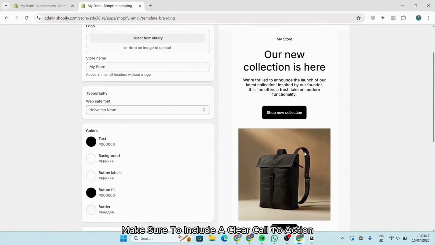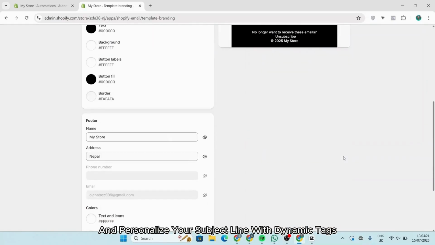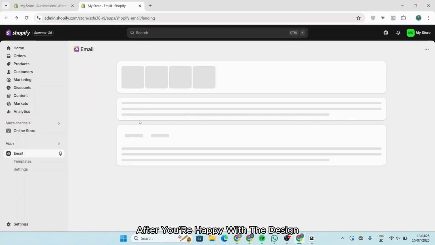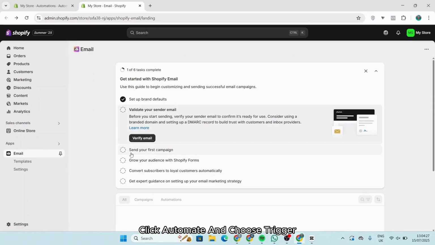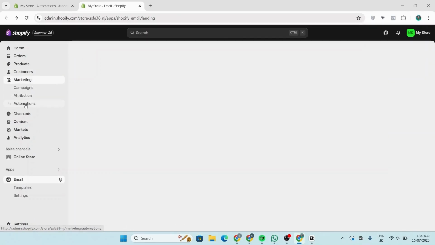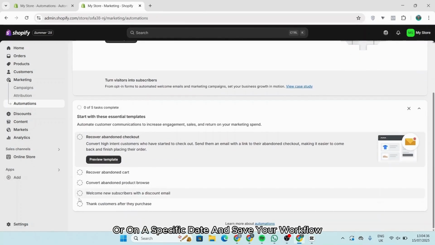store. Make sure to include a clear call to action and personalize your subject line with dynamic tags like customer name or discount code. After you're happy with the design, click Automate and choose triggers such as order confirmation, abandoned checkout, or welcome series. Then set the timing immediately, after a delay, or on a specific date and save your